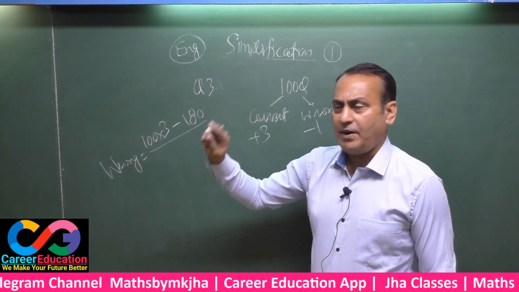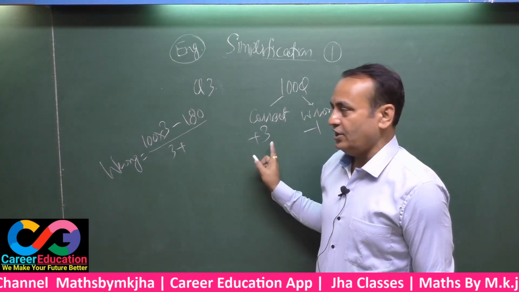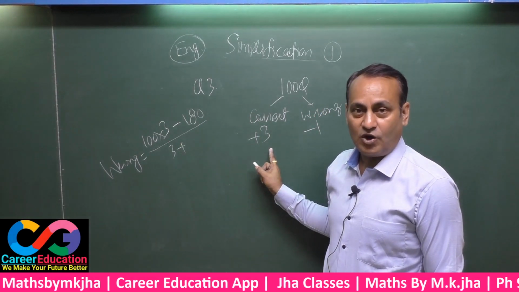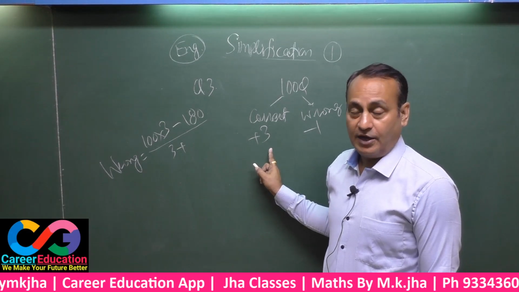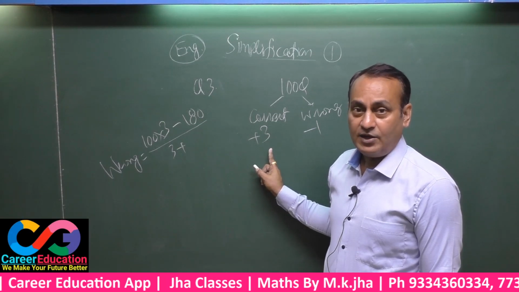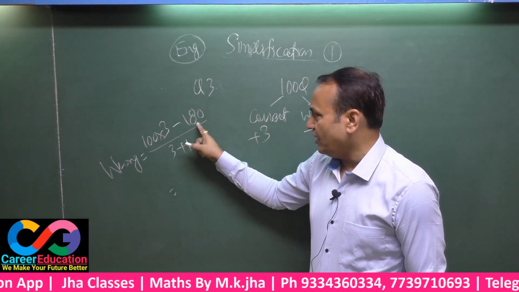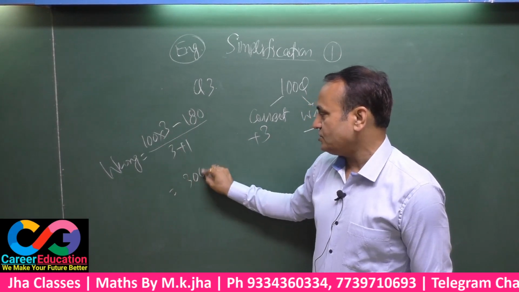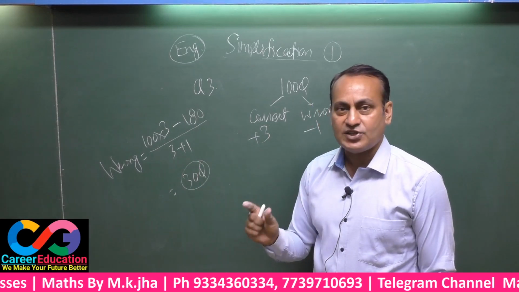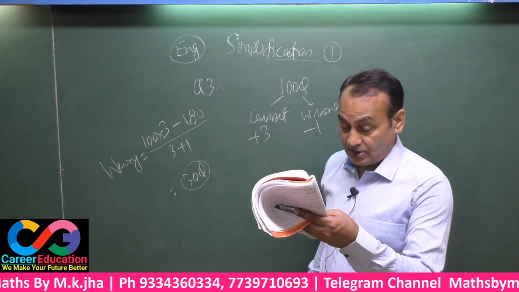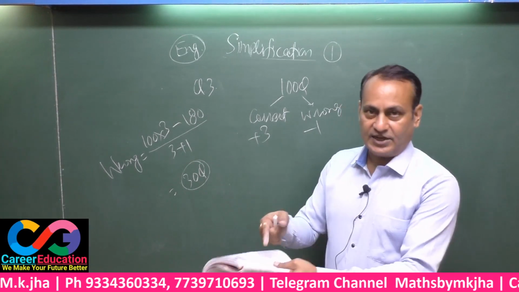This must be divided by the sum of the two. That means if the answer is correct, he gets 3. If the answer is wrong, he is deducted 1 mark. That means 3 plus 1, 4. This is 120 divided by 4. That means he answered 30 questions wrongly. Match the answer. That is the right answer.